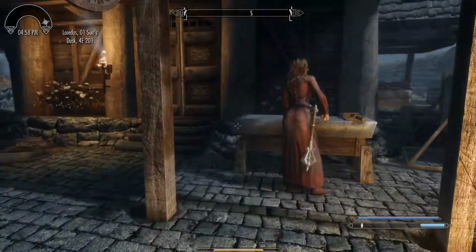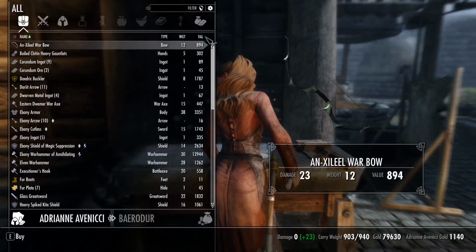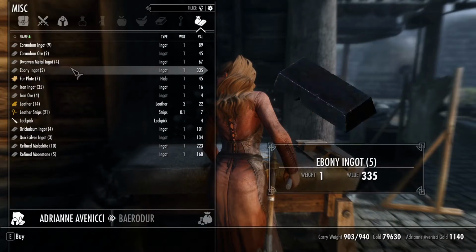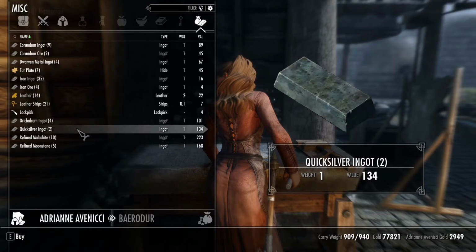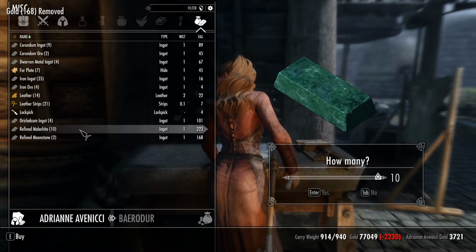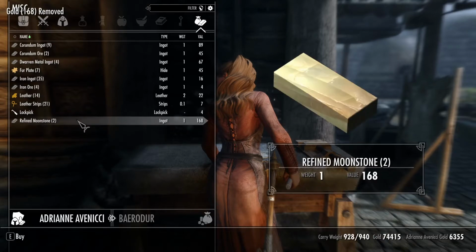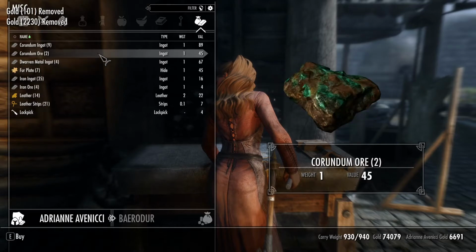Alright, hey, what would you sell me? So, first you want to give her more cash. So always buy those things from her because those are cheap. Quicksilver ingots too. Actually, she's got a bunch of this stuff. I'm just gonna grab all this stuff because that's gonna make it so that she has tons of